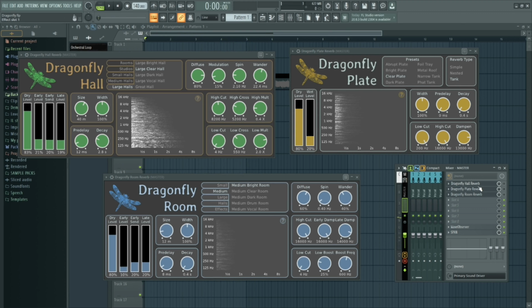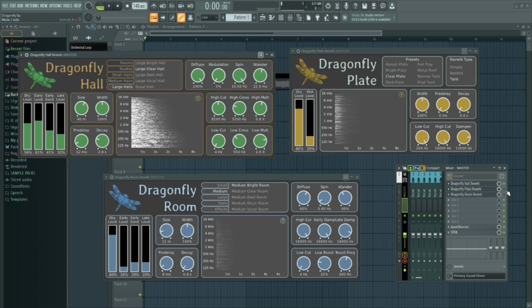Now I'll activate the Dragonfly Hall reverb. There is this pretty convenient spectrum analyzer within the plugin, so you can see the exact frequencies that are being created by the plugin.